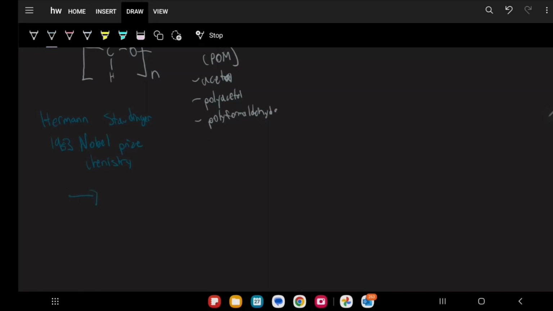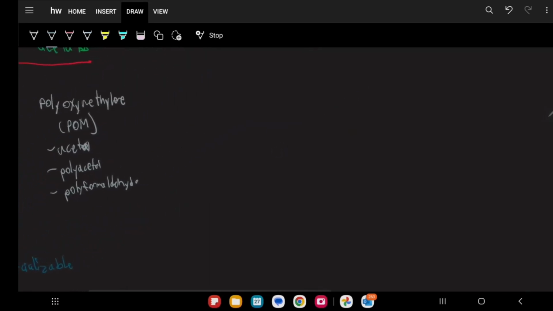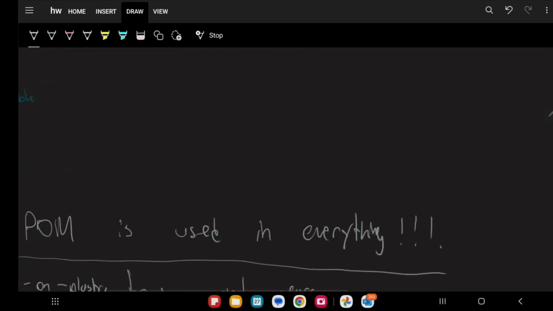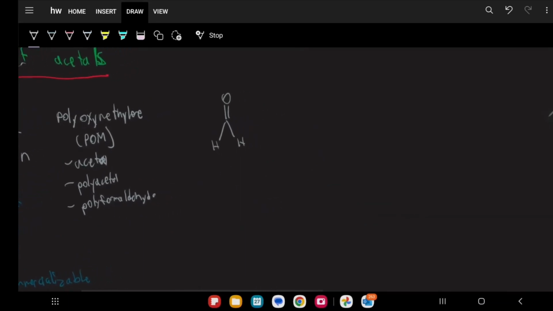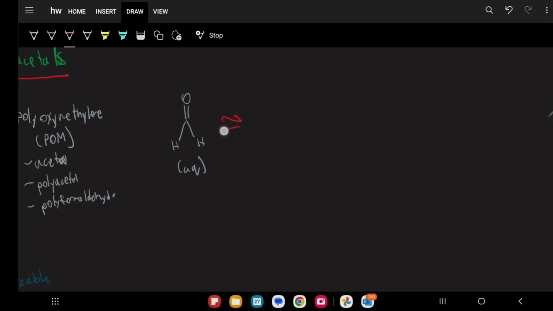But the issue was that this molecule was not commercializable. There was really no way to produce this molecule en masse. So that's where DuPont comes in and discovers this synthesis. They started with aqueous formaldehyde. Both our groups are hydrogens here, and it's aqueous. And they reacted it with H plus and ROH,